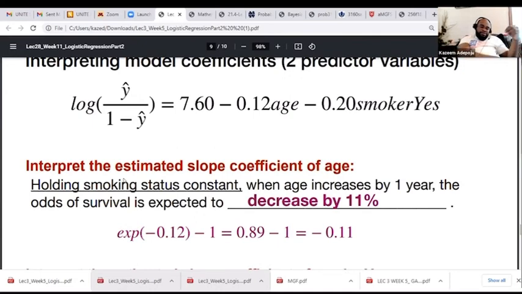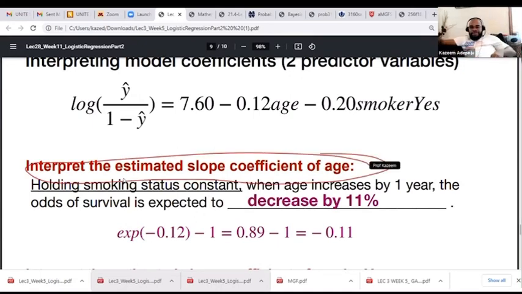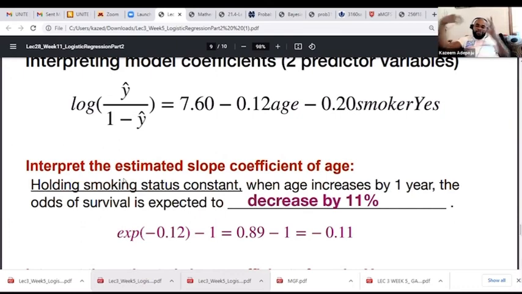Now take a look at this. Let's start with the age. We want to interpret the age now, and this is what you're going to say. If you want to interpret the age, don't forget that we also adjust for the smoking status. So you're gonna say holding smoking status constant, when age increases by 1 year. The unit of age is in year, right? Then the odds of survival